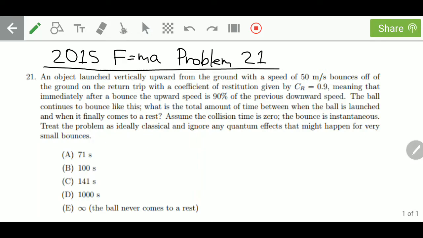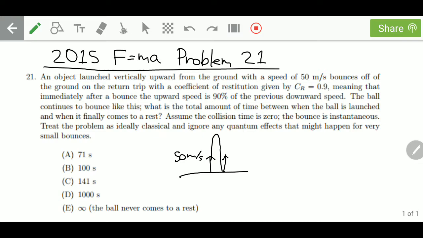Hello. In this video, I'm going to explain problem 21 from the 2015 F equals MA contest. In this problem, we are told that an object is launched vertically upward from the ground with a speed of 50 meters per second, and then it will come up, go back down, and then it'll bounce up again,